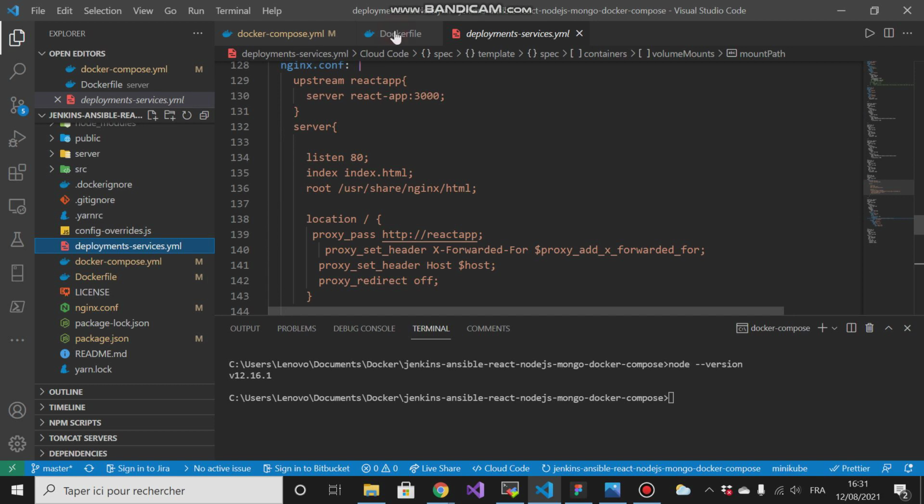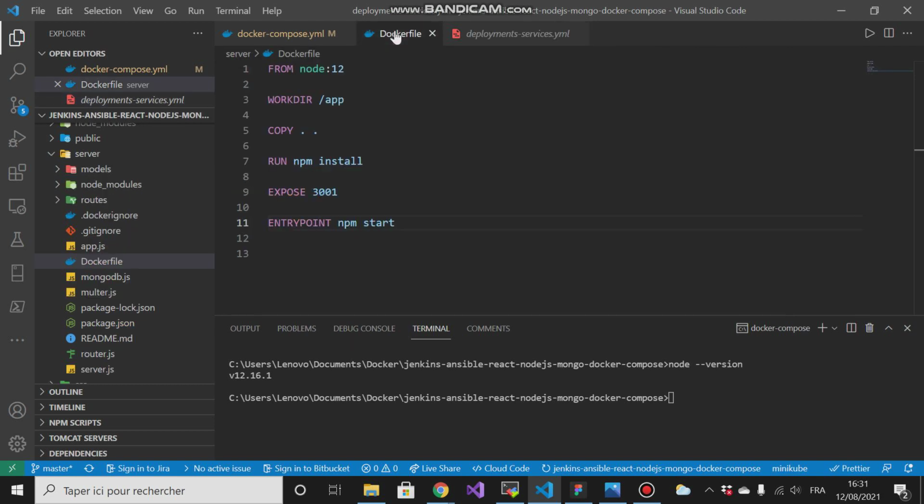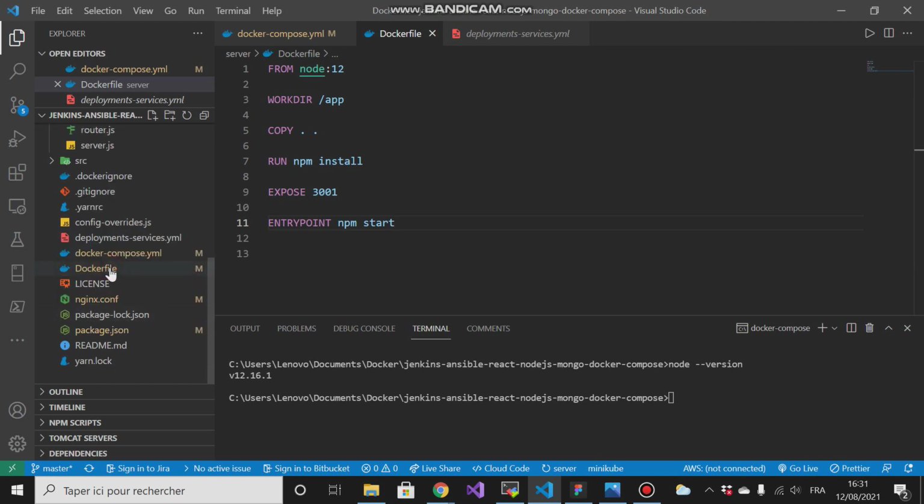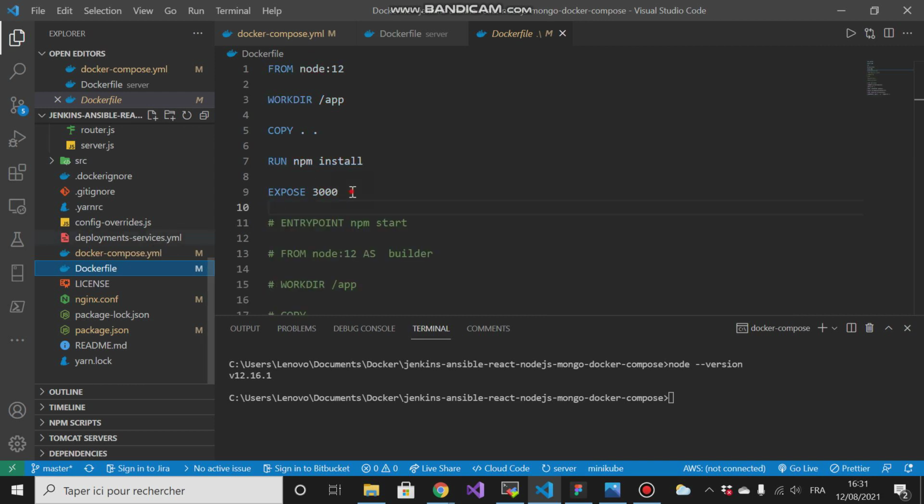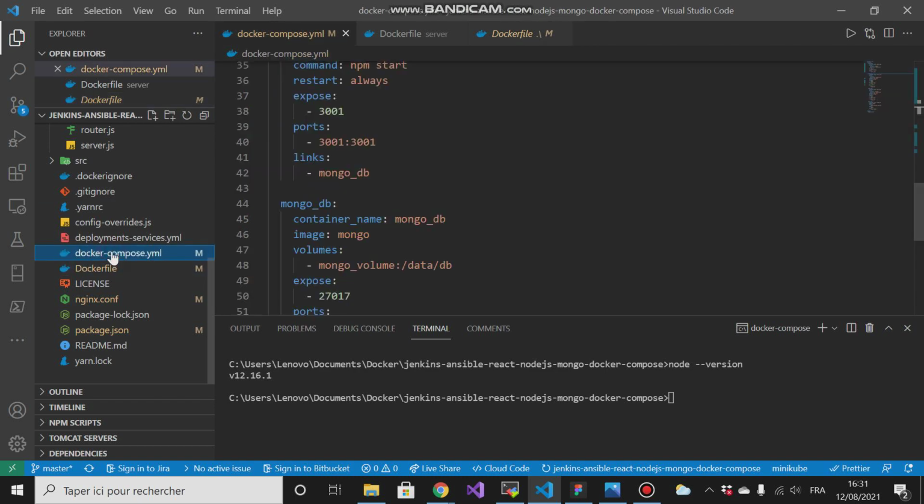So let me come back here to this Docker file. Right? So I open the default port of React.js. Right? The next step is Docker Compose. Right? So this Docker Compose